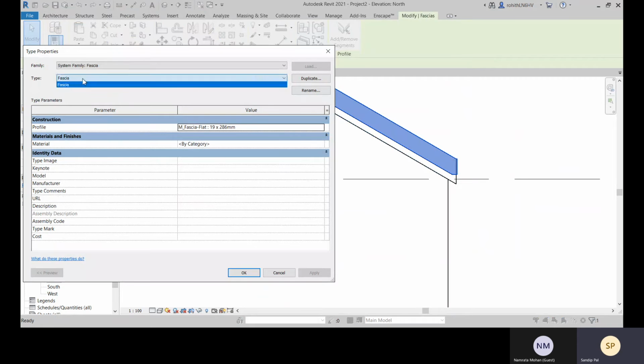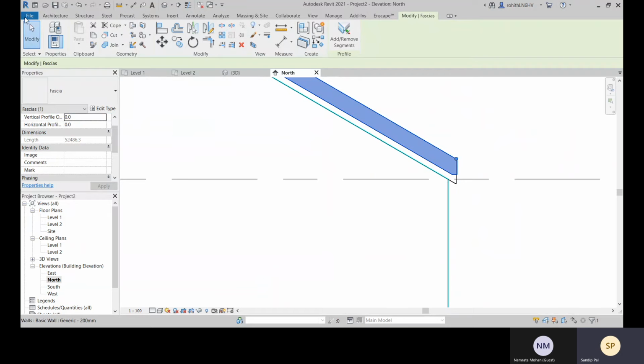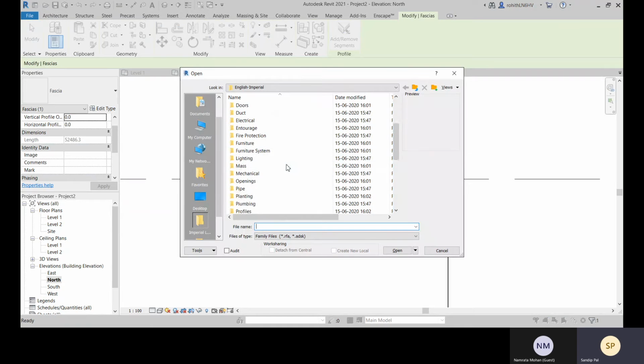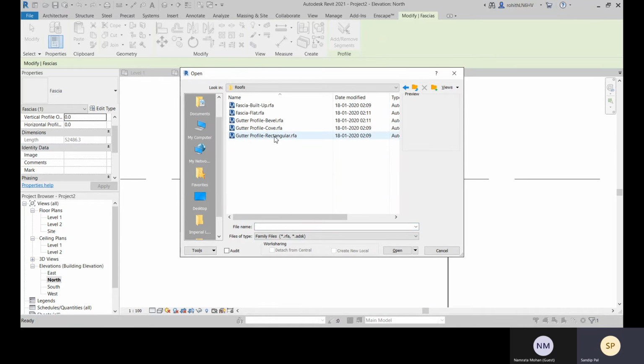This fascia is right now loaded, and what you can do is open that family, roof fascia flat. You can open this one,